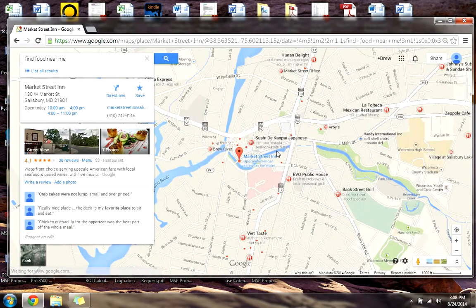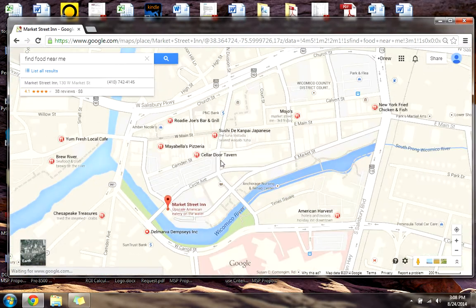To go back to results, it looks like there are a couple of different things here. You've got a sushi bar. We'll zoom in a little bit. There's another tavern, and of course Mojo's. Looks like all those are in walking distance, so perhaps that might be a good location for you to spend